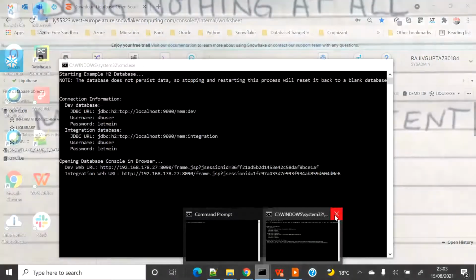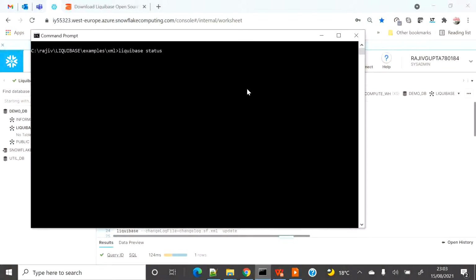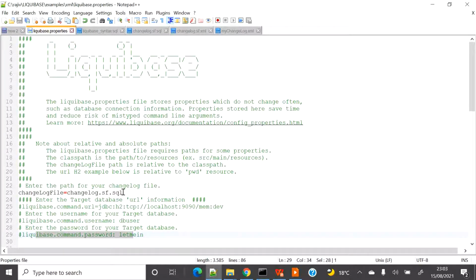The first thing I can do here is check the status. To check the status, at least I need to provide the first changelog file name, and I have provided a default changelog file name. So even if I don't pass that as a command line parameter, it is going to take it from here, and it will tell me whether the change set mentioned inside this file has already been deployed or not. For this demo, I'm going to use these three files, which are basically my change sets, or you can say the database scripts, the DDL or DML command scripts, which I am going to use for the demo.